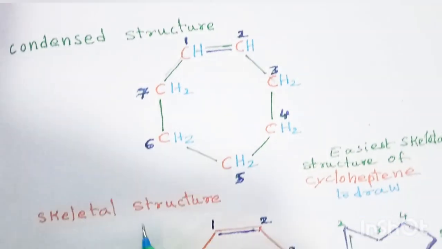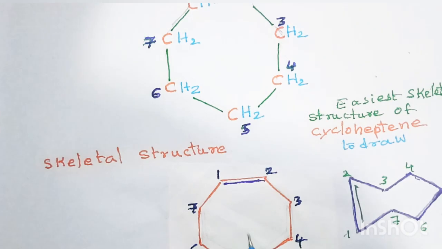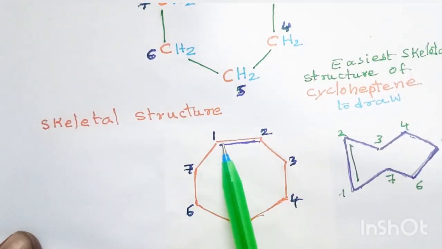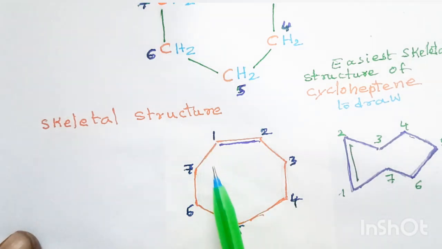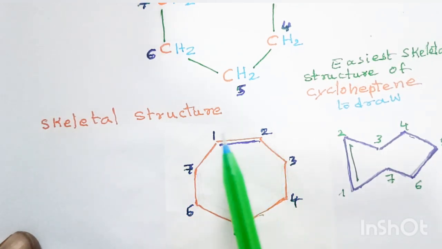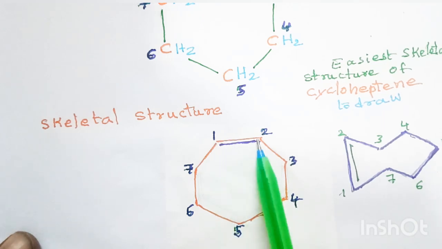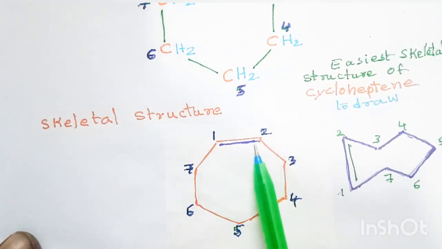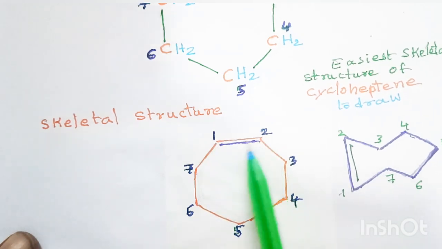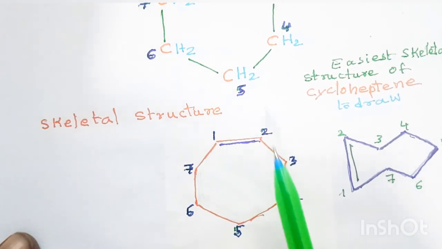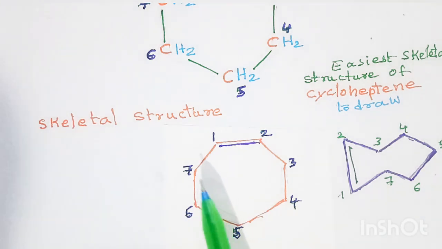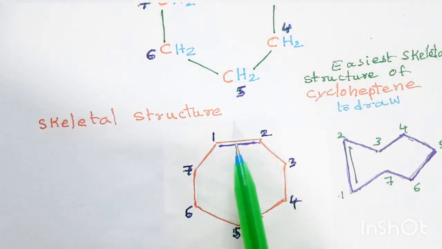Heptene means 7. Skeletal structure. Here also we draw a 7-membered ring, heptagon. So each corner will represent CH2, CH2, CH2, CH2, CH2, except these two corners where there is a double bond between first corner and second corner, that is first carbon and second carbon. This corner represents CH and this corner represents CH. This is the skeletal structure of cycloheptene,